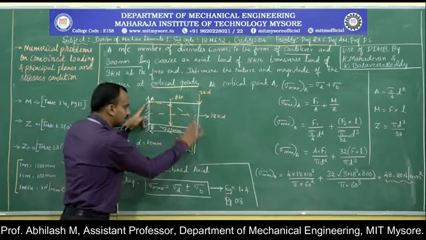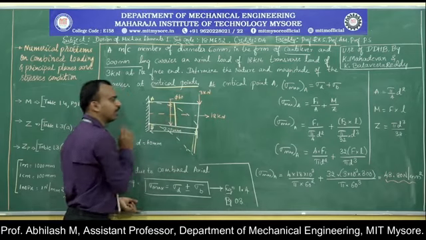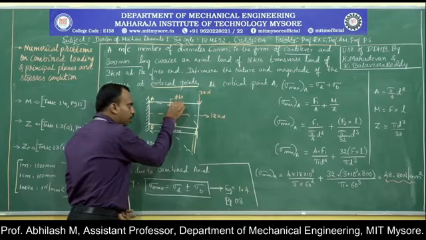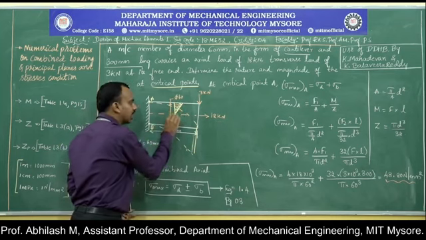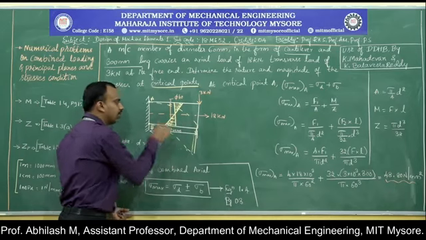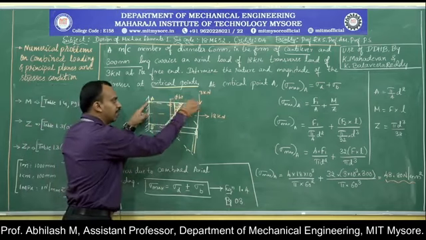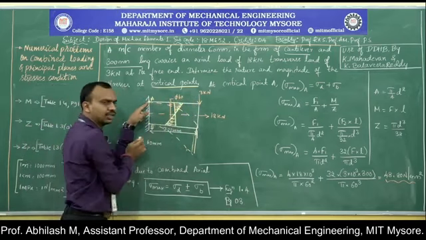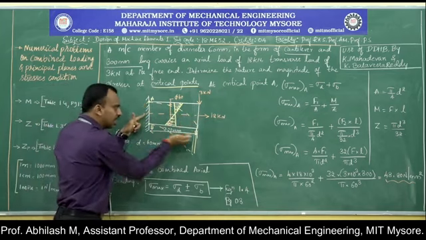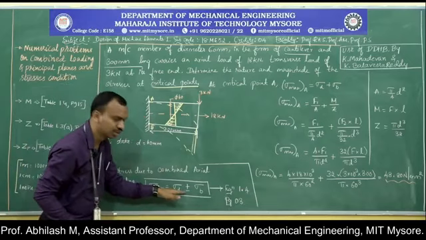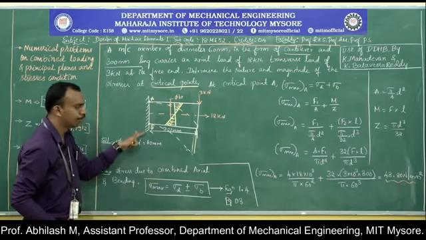If you analyze this complete sketch, or if you take a portion along the length of the member, we can state that at the top portion, above the neutral axis, it will be subjected to tensile stress, and below the neutral axis, it will be subjected to compressive stress. So along the length of the beam, at the upper portion above the neutral axis, it will be the tensile stress, and below the neutral axis, it will be the compressive stress. Hence, we have used the notation of plus or minus in order to identify the points A and B.